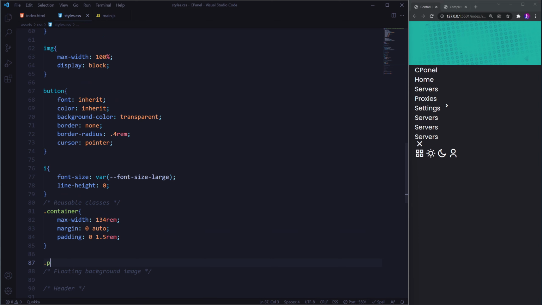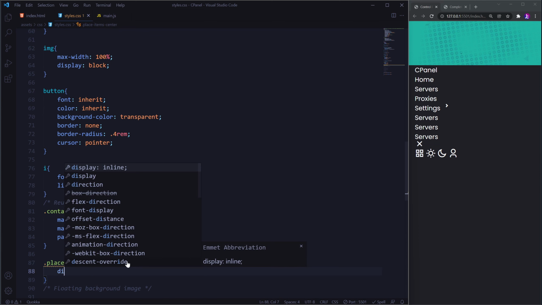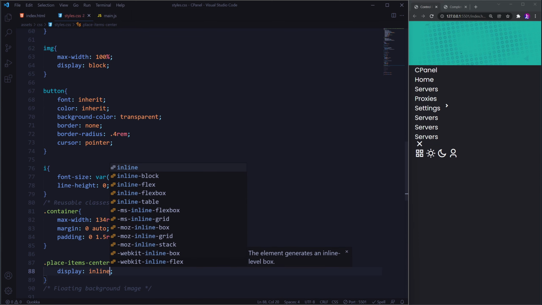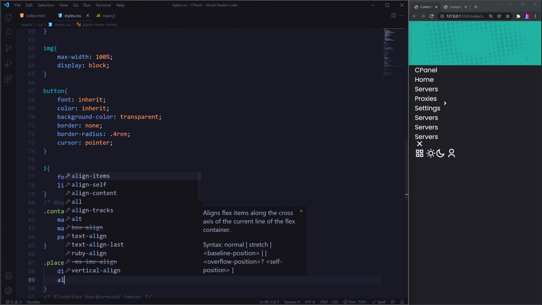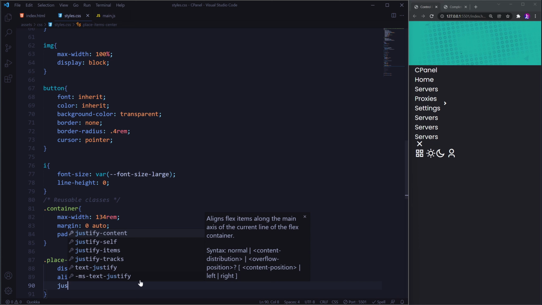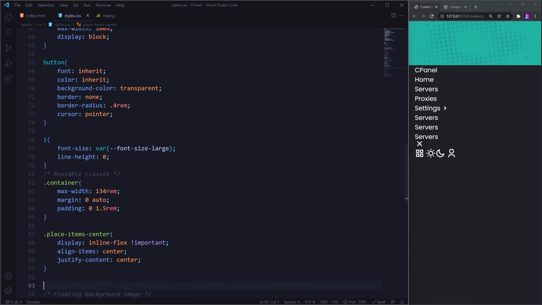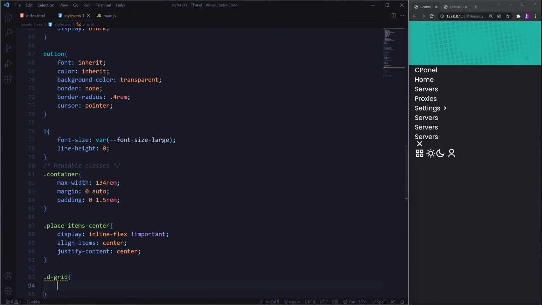Next, I'm going to select the class of place items center. This will have a display of inline flex, and then it will be important. Mostly because later on we are going to have some conflict with certain things having a different display value that have this class, so I just don't want it to get overridden, so that's why I'm using important. So what I want to do next in here is align my items to the center, justify the content to the center as well. Then we are going to select another class of the grid,